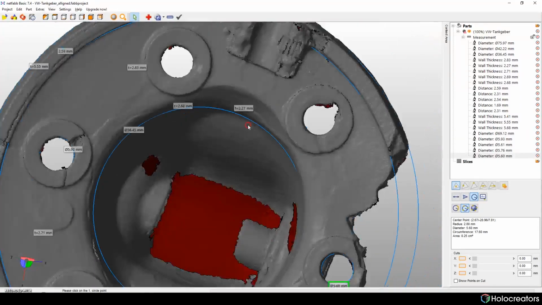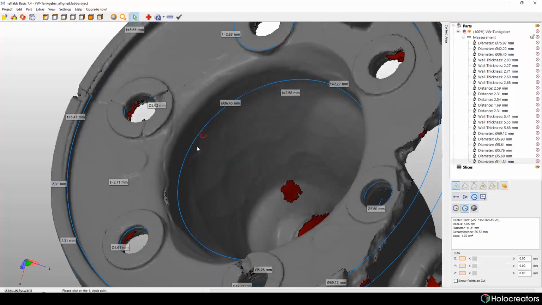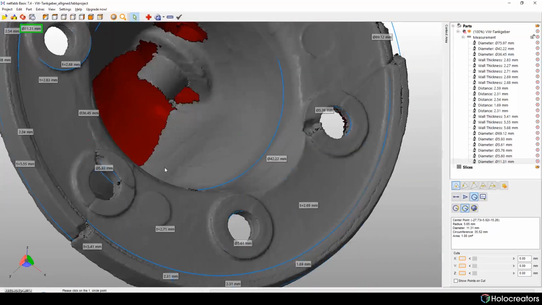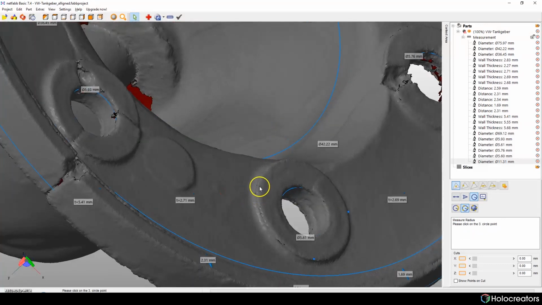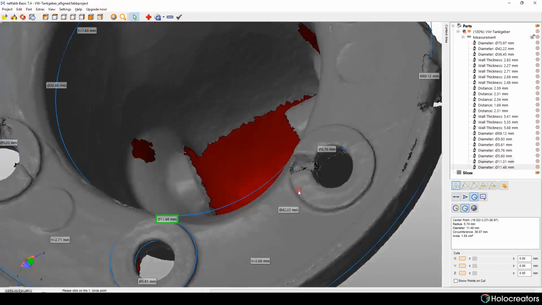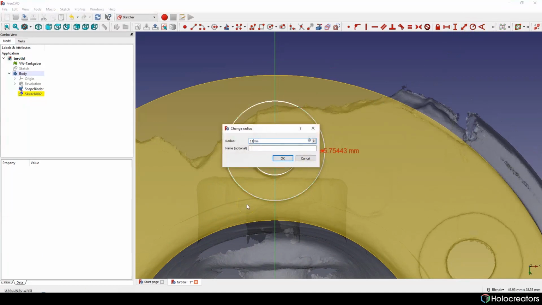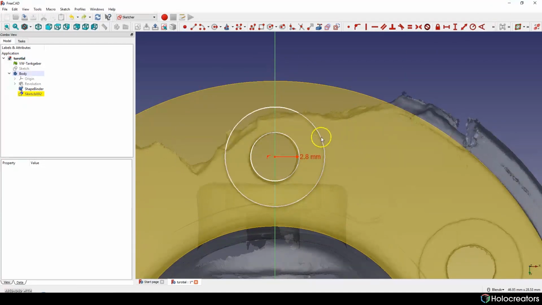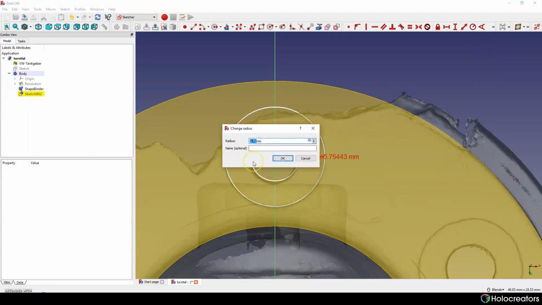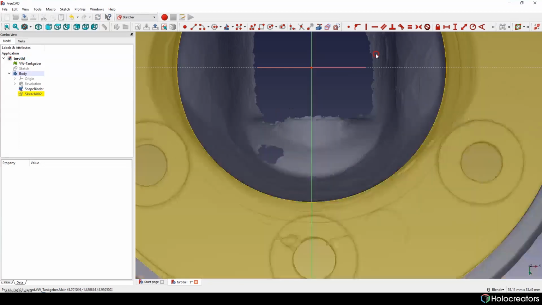For outer diameter, it's gonna be something like 11.3 or... I think 11.3 is perfect. So we're doing the same, 11.3, and hit OK. Oops, I forgot to divide it by 2. Now it looks almost perfect.